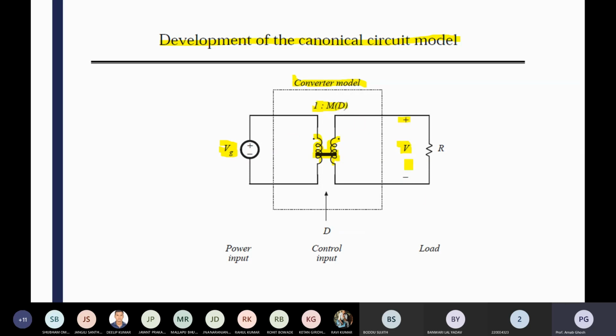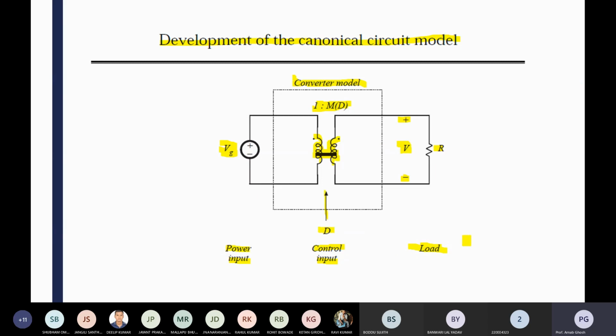That portion I have not covered, but if I get some time, I will definitely cover the DC transformer model again. I have discussed the AC transformer model, so I think you are able to realize it; only the thing is that it will be DC. The ratio is 1 is to M(D), a function of the gain. Here is your load resistance, and the duty control input is there, you are giving that input over here. So the power input, the control input is here, and this is your load. I think you are able to understand that concept.